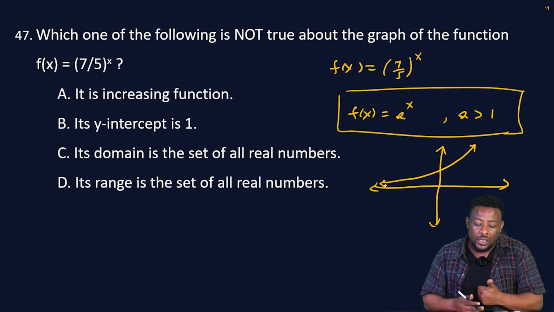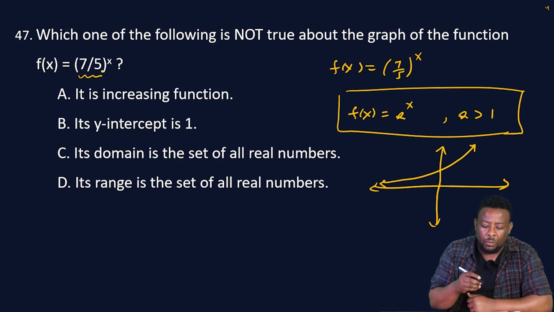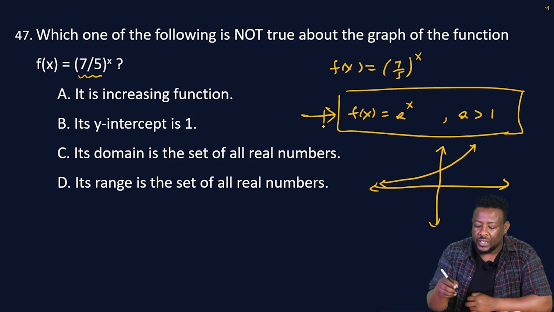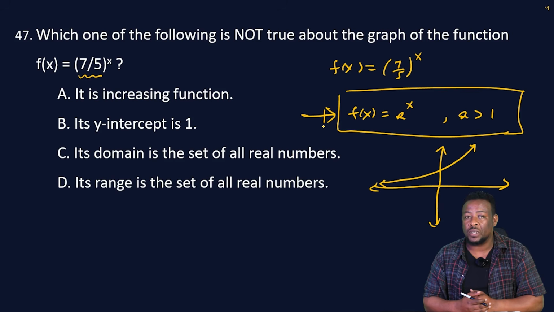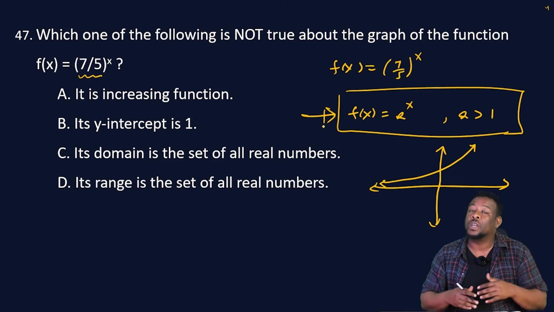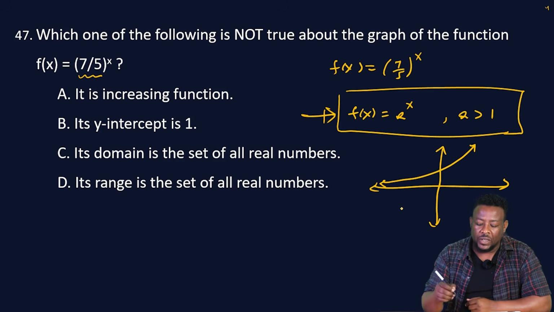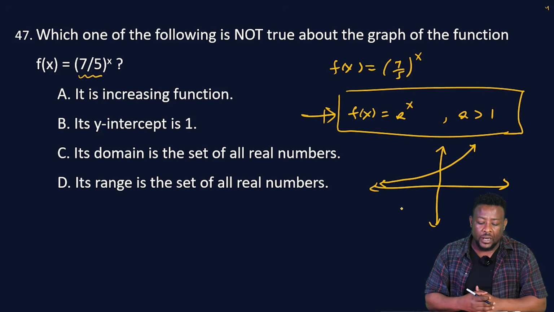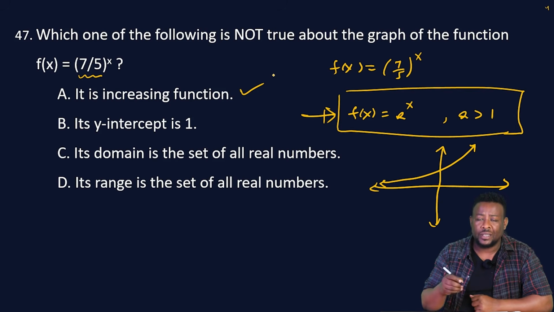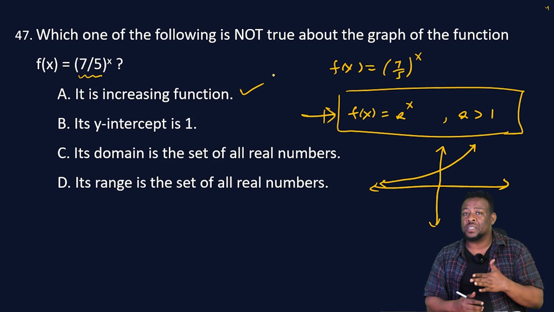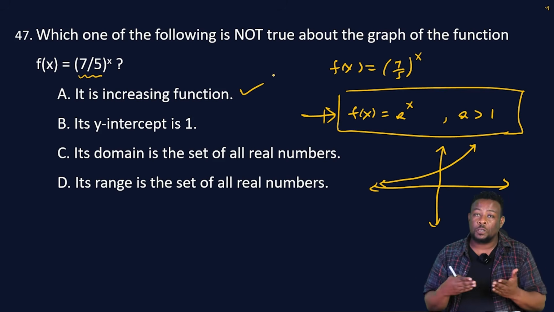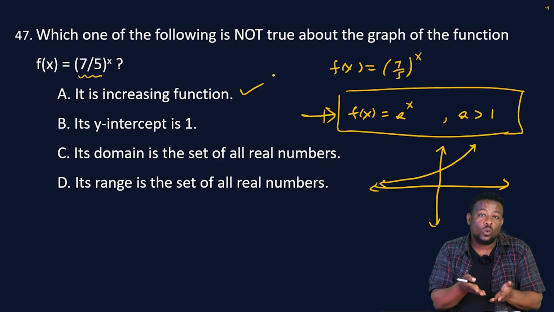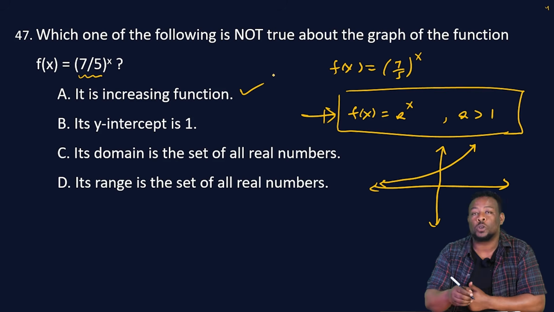ስለዚህ እዚህ 47ኛው ጥያቄ ላይ ቤዙ 7/5 ነው which is a number greater than 1 ስለዚህ ይሄንን ፋንክሽን እዚህ ጋር ያሳየነውን ግራፊካሊ ያሳየነውን ፕሮፐርቲ ማሟላት መቻል አለበት 7/5 the power of x እዚች ጋር ግራፊካሊ የምናየውን ፕሮፐርሊ ሳቲስፋይ የሚያደርግ ፋንክሽን ነው። ሶ ወደ ምርጫው ስንሄድ it is increasing function ይላል definitely it is increasing that means whenever x is increasing the value of y is also increasing ስለዚህ statement a true ነው ማለት ነው። Its y intercept is 1 ይለናል x ን 0 ስታደርጉ y 1 ይሆናል